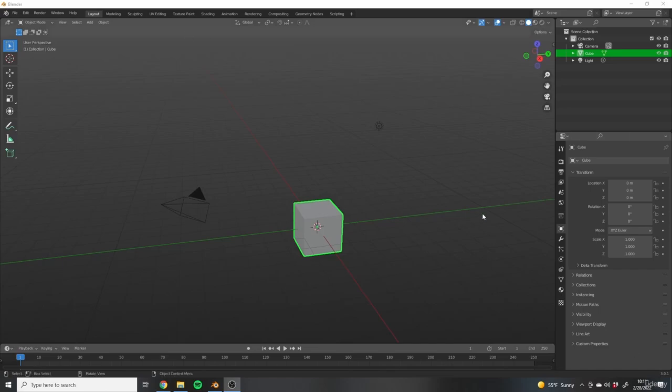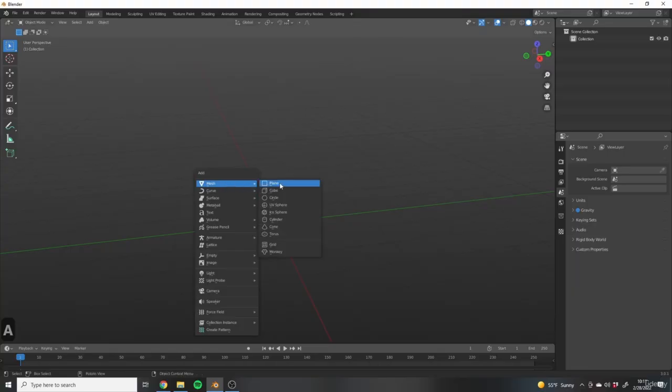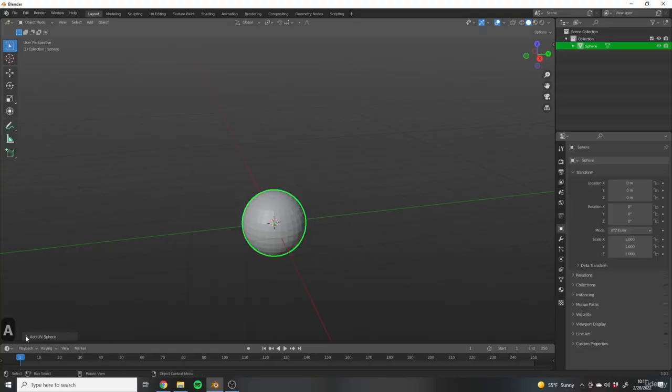Okay, so let's get started looking at sculpting in Blender. So all I have here is a new Blender scene, and I'm just going to select everything and delete it. And to demonstrate sculpting to you, I'm going to add a new UV sphere. And I want to increase this resolution